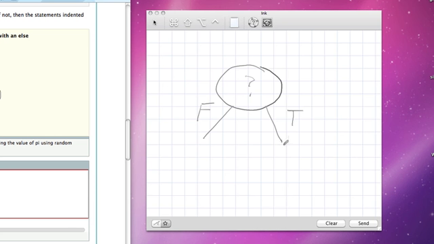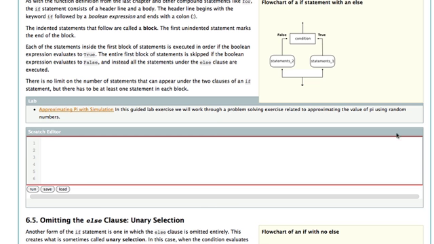If the question is true, we might perform one task. If it's false, we might perform a different task. This kind of a structure in computer science is often called an if structure or a selection structure. And syntactically, the way that we are going to write this is to put the Boolean expression into what's called an if statement. So the syntax for an if statement is